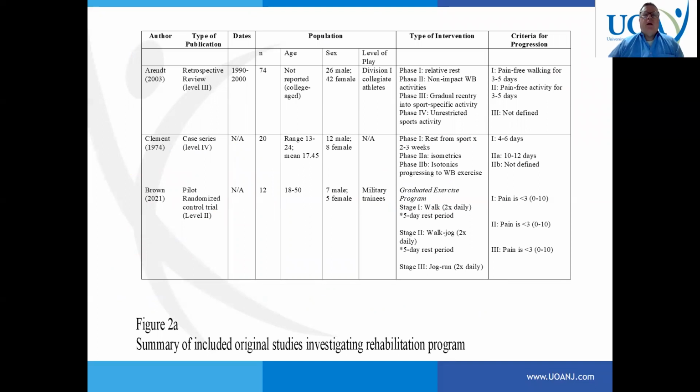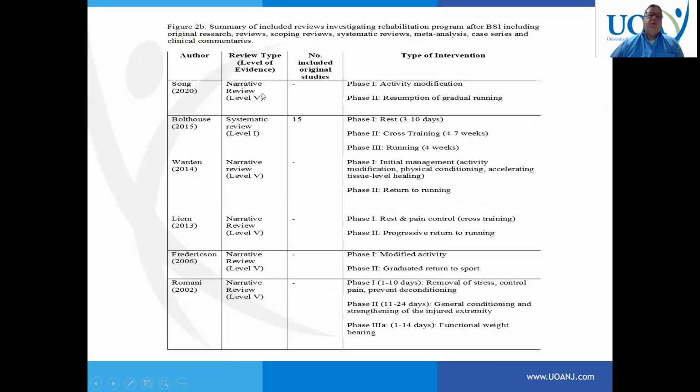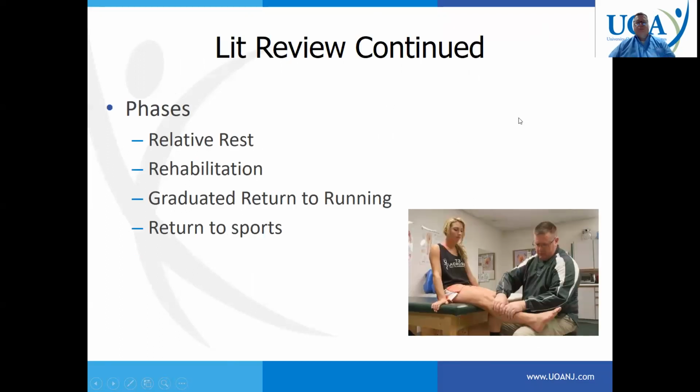Just kind of a review of the 9 studies that we had, only 3 of them actually worked with patients, and the most patients that were involved in the 1 study was 74 with a low of 12. So numbers was an issue. And then the other 6 were narrative reviews, with 1 systematic review by Bolthouse, which was a pretty good paper. I encourage people to look at it if they're looking for information.